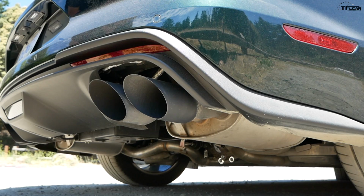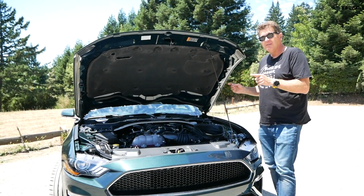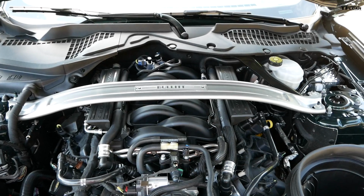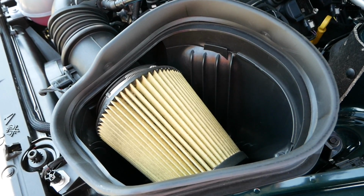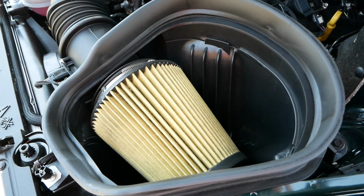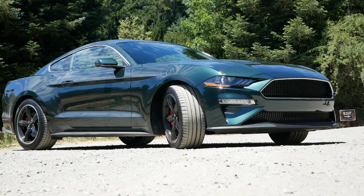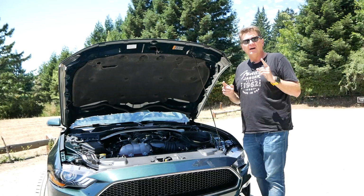Oh my gosh, that is magnificent. Under the hood, you've got the same 5-liter V8 that's in a GT, but there's more. You get the manifold out of a GT350, you get this massive cold air intake, and all that means is that you get an additional 20 horsepower, or 480 horsepower and 420 pound-foot of torque. It's also tuned slightly differently, giving you a much more linear power band and giving you a higher top speed,